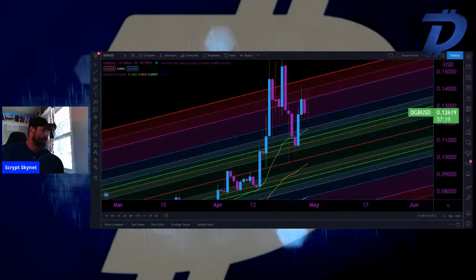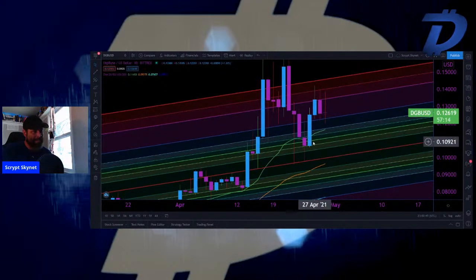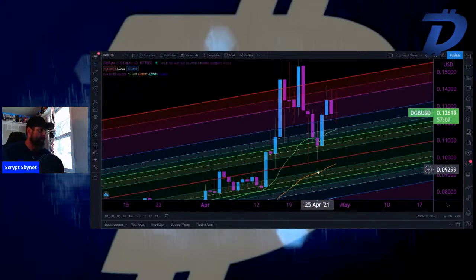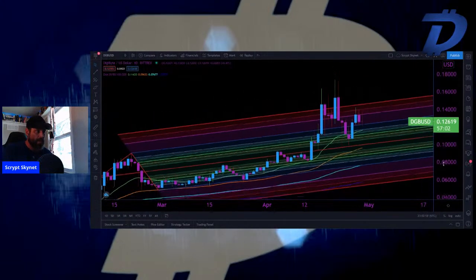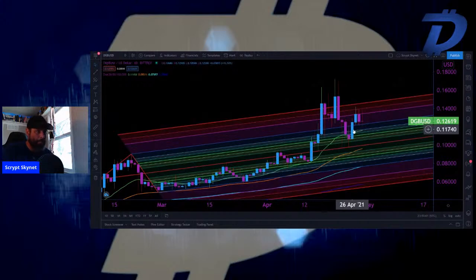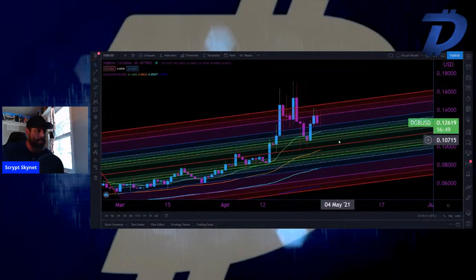So it's still DigiByte. It recently dipped below the 20 EMA, and this is the daily. I've got the 20, the 50, the 100, and then the 200 down here. Okay, so DigiByte dipped below and bounced and went back up in this higher channel. This is the breakout channel up here. This is what we're waiting for. Even if DigiByte consolidates in between these channels and stays above this median line, we are golden, okay?